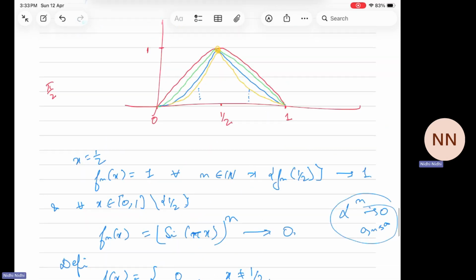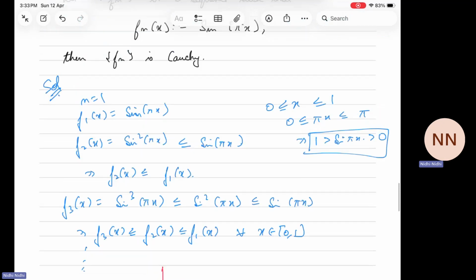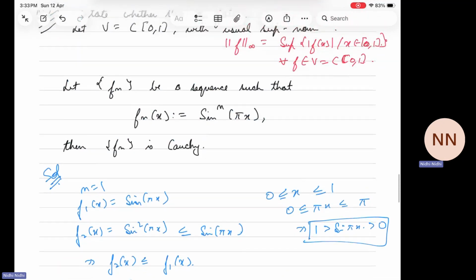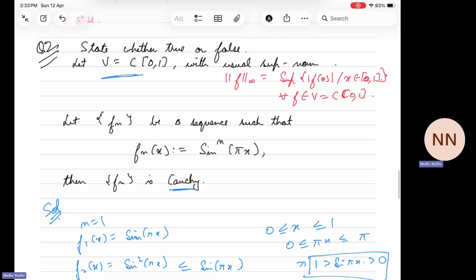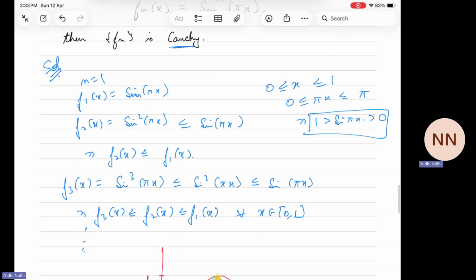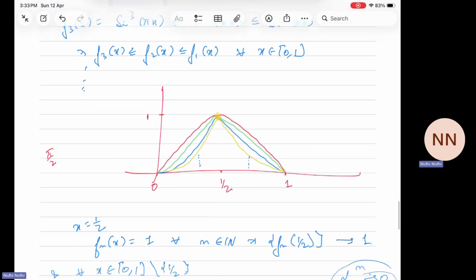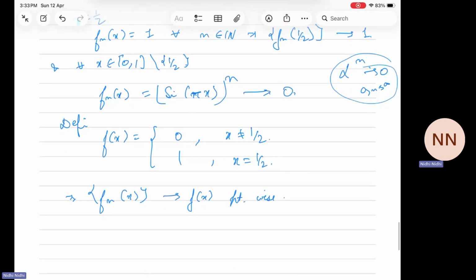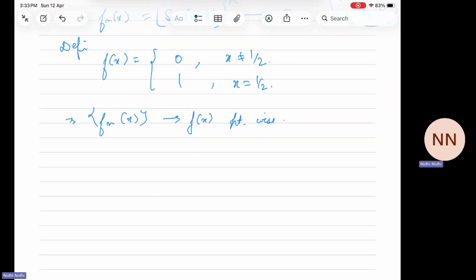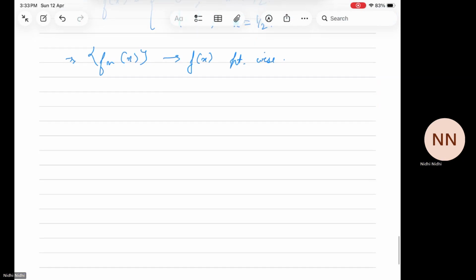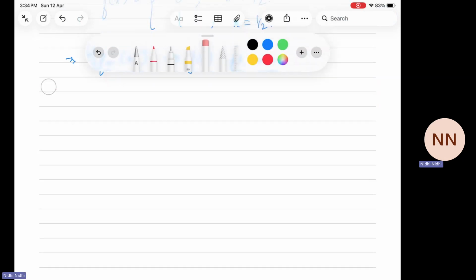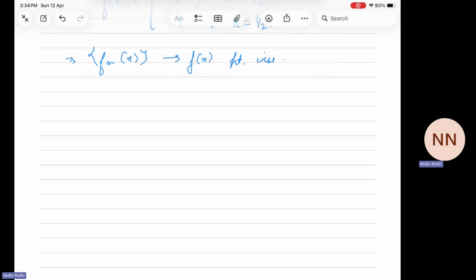But this is what they are talking about, pointwise limit. What we need to check is this Cauchy-ness in this space. Yeah, this was just for your understanding of how these functions are working. So let me just give you an idea of, in fact, I should write the definition. When do we say a sequence is Cauchy in this vector space?